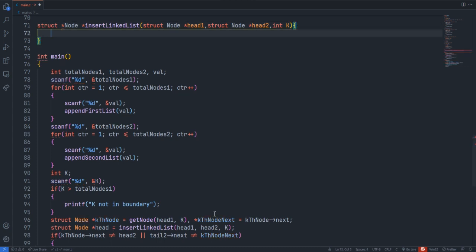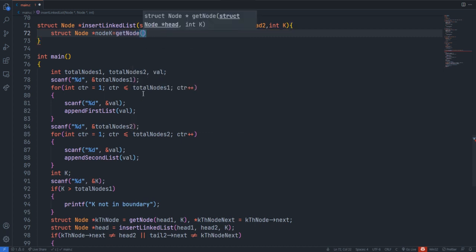So what we need to do is get the kth node, right? They have already defined get node, so I'm going to go with the same thing. Struct node star node k equal to get node of head 1 at the position k.